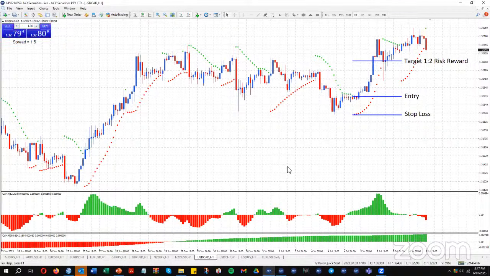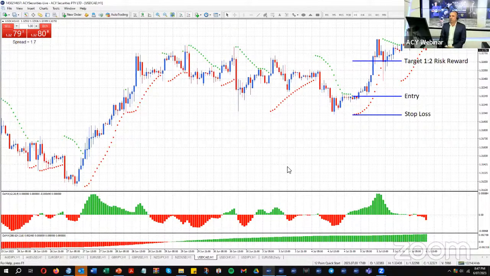Over the long course, if I have a win, I make $200. Then if I have a loss, I lose $100, but I'm still up $100. If I have another win of $200, now I'm up $300. If I have another loss, I'm still up $200. So I'm trying to keep myself ahead of the game all the time by having a good risk to reward. The first thing to consider as you're taking the trade is to try to create that risk reward of 1 to 2. So if I'm risking $100 on the trade, if my trade works out, potentially I can make $200 as a minimum risk reward.